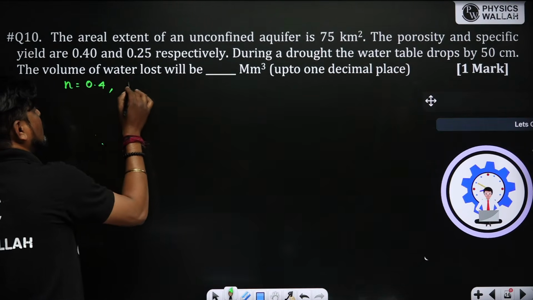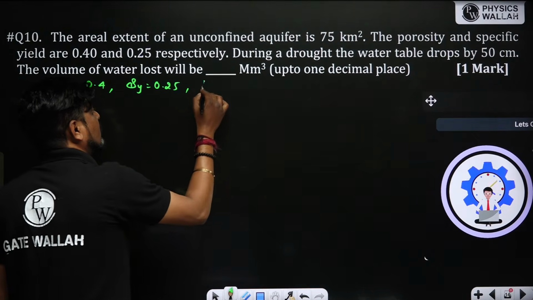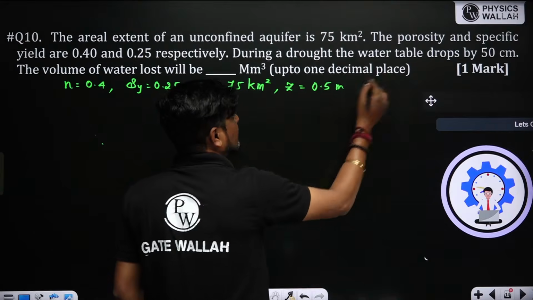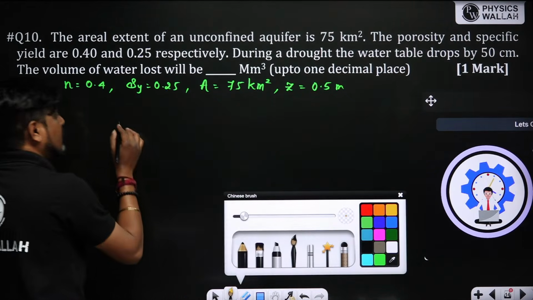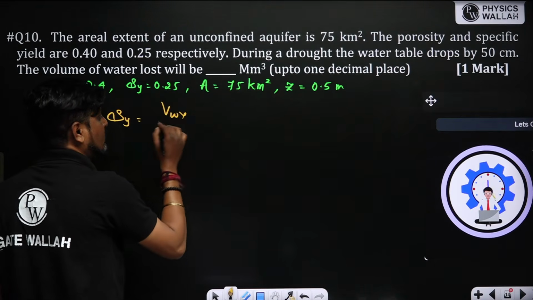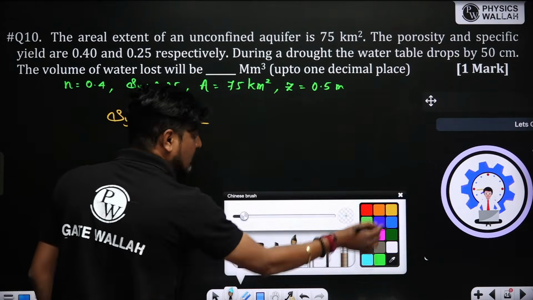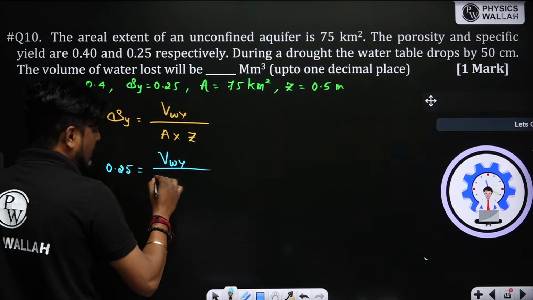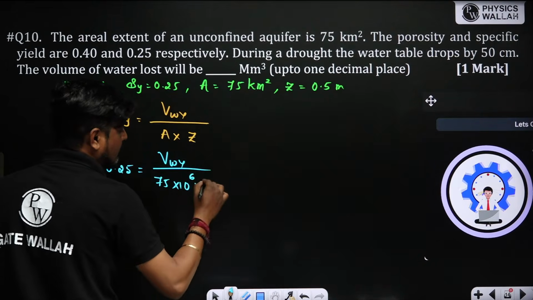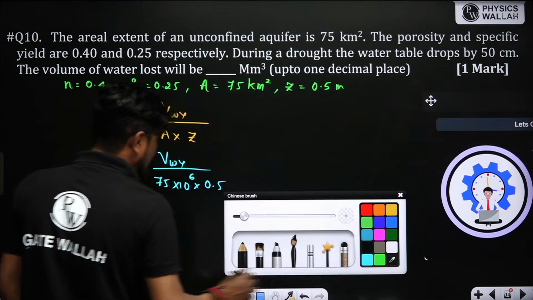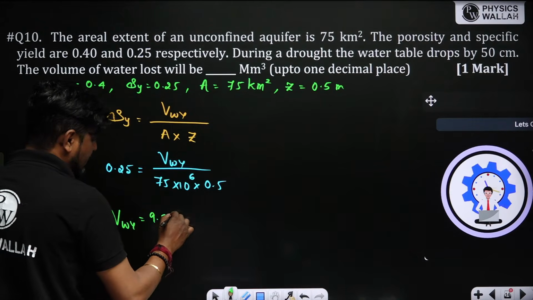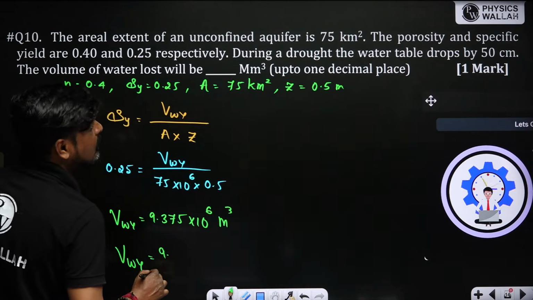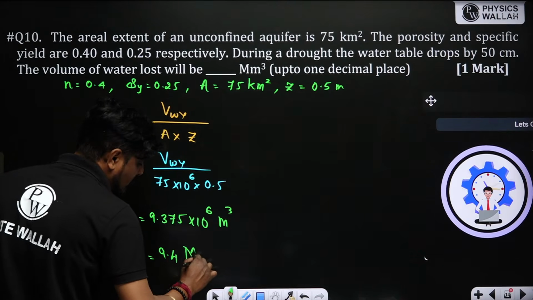पोरोसिटी दिया है 0.4, SY दिया है 0.25, एरिया दिया है 75 किलोमीटर स्क्वायर, Z का वैल्यू दिया है 0.5 मीटर, 50 सेंटीमीटर नथिंग बट 0.5। VWY फाइंड आउट करना है आपको। SY इज इक्वल टू VWY डिवाइडेड बाई एरिया इंटू Z। तो कल फॉर्मूला भी लिस्ट करवाया था मैंने। तो 0.25 इज इक्वल टू VWY, हमें फाइंड आउट करना है। एरिया जो है 75 इंटू 10⁶ इंटू Z का वैल्यू 0.5। सो सॉल्व कीजिए, VWY 9.375 इंटू 10⁶ मीटर क्यूब। Okay, 1 decimal place ना, 9.4 मिलियन मीटर क्यूब।